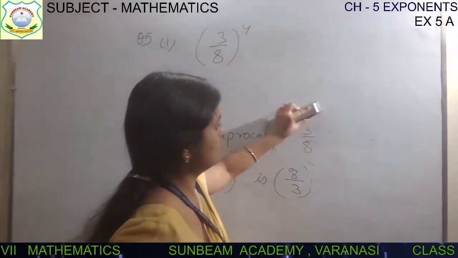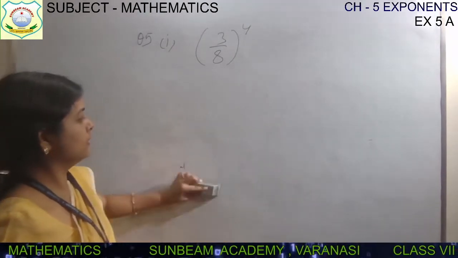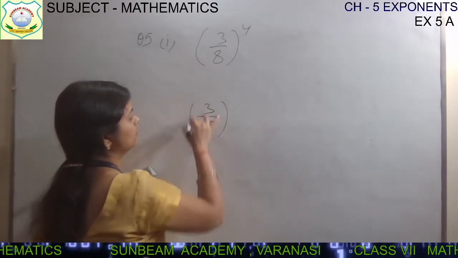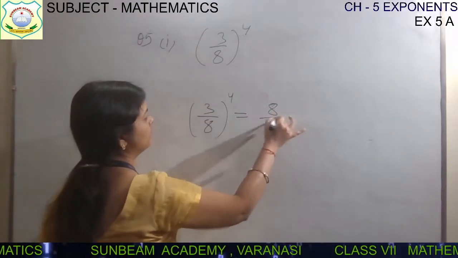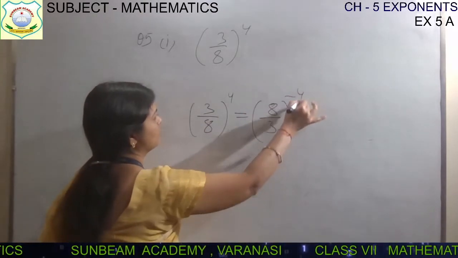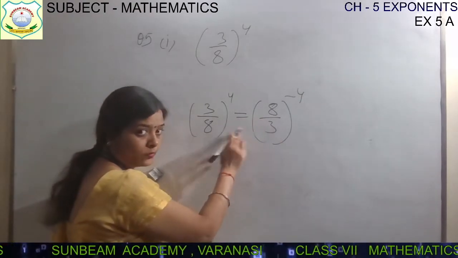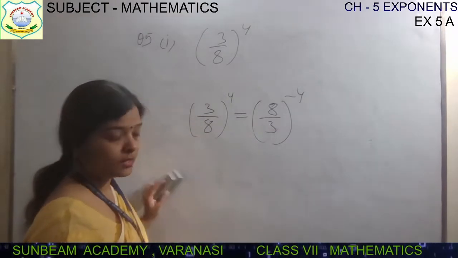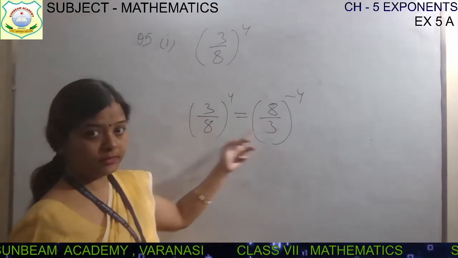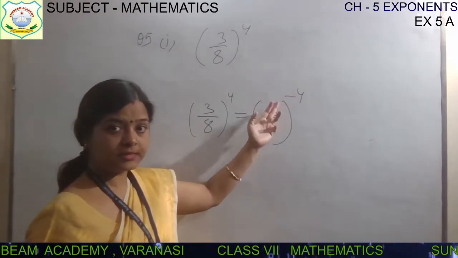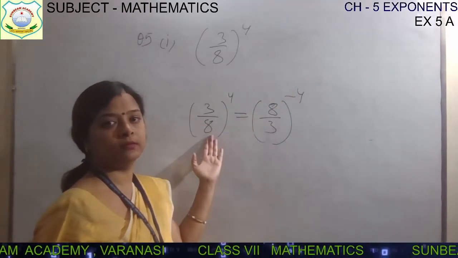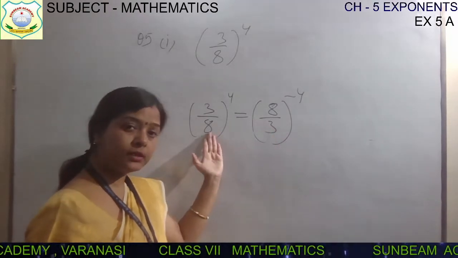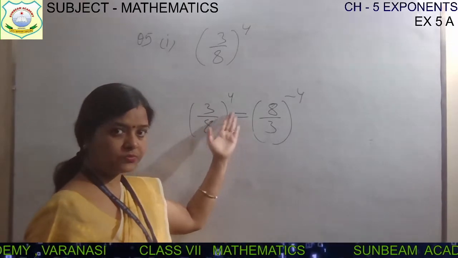Now next question is, sometimes children may get confused. They used to write that (3 by 8) to the power 4 is equal to (8 by 3) to the power -4. उल्टा कर दिया है तो -4. Yes, they are equal, but it is not reciprocal. ये इसके तो बराबर, ये तो reciprocal कैसे हुआ? अगर आपने इसको उल्टा कर दिया तो साइन भी तो चेंज हो गया है ना. So it is same as this. They both are equal. ठीक है, ये reciprocal नहीं है. This one is not reciprocal. It is equal to this. Either you write it in this way or you write it in this way.